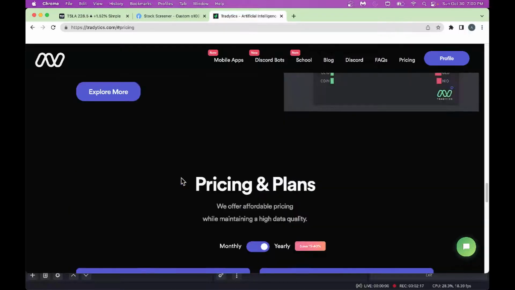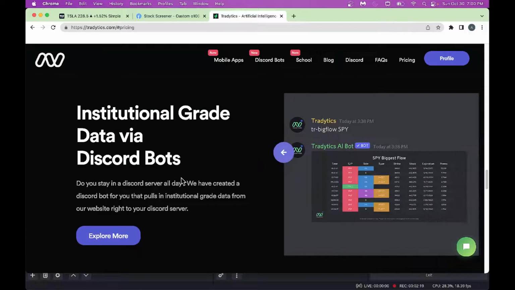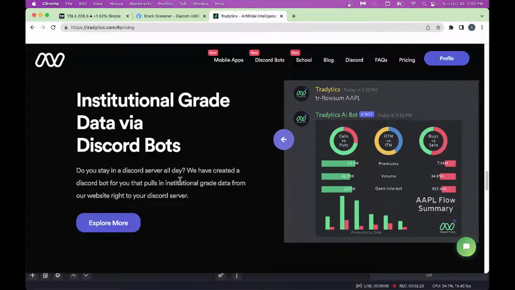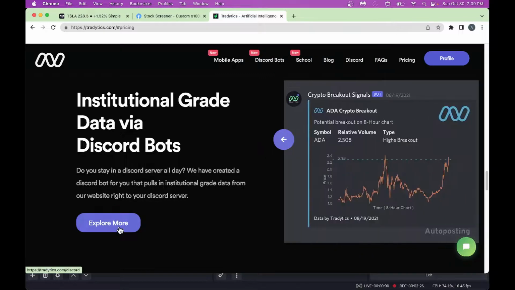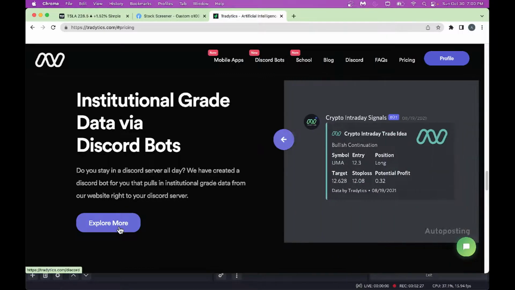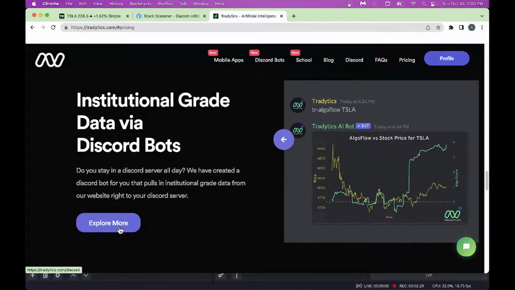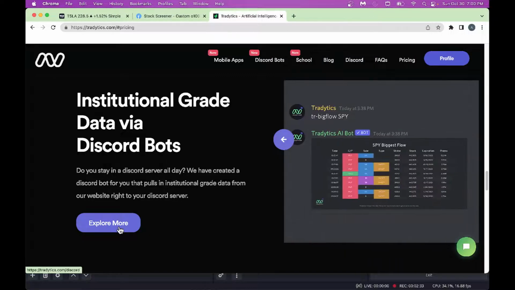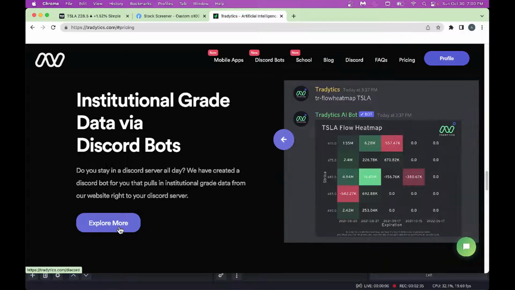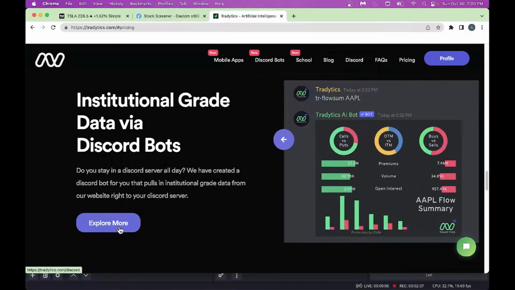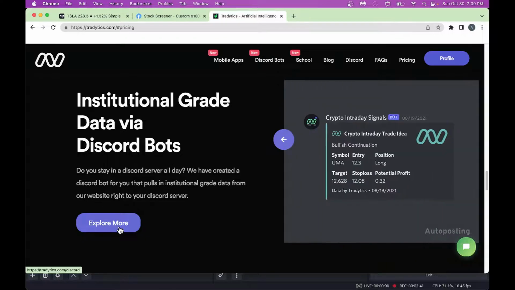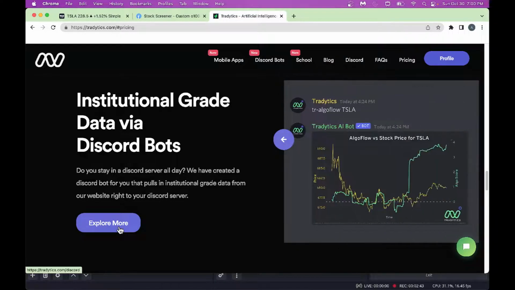So with that, let's dig in a little bit deeper. As you go into the platform, even though you don't want to pay, you could always explore. So this platform lets you explore and learn about the platform. They've got a lot of good videos if you'd like to learn more about the platform and in general about the stock market, option flow, and how option gamma and delta work, what the gamma exposure and what the delta